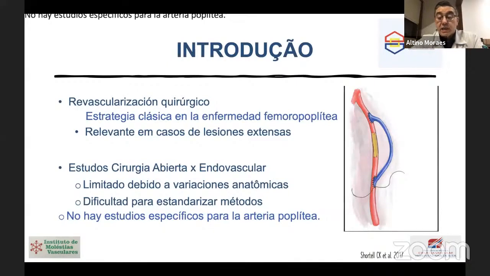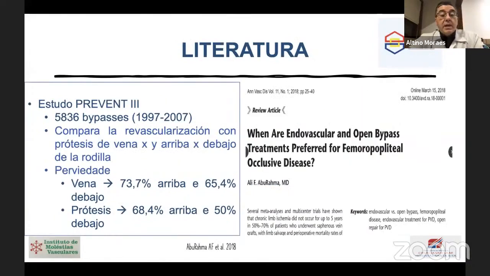Mills e Dr. Ingorani falaram há pouco, e estudos de cirurgia aberta versus endovascular são limitados devido a variações anatômicas, dificuldade para estandarizar métodos, e não há estudos específicos até hoje para a artéria poplítea. Porém, a Burana tem um estudo Prevent-3, onde ele arrolou